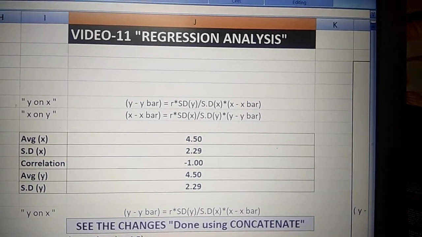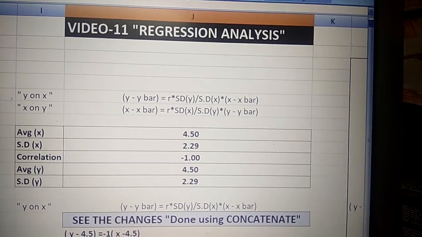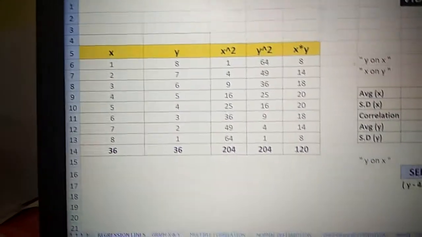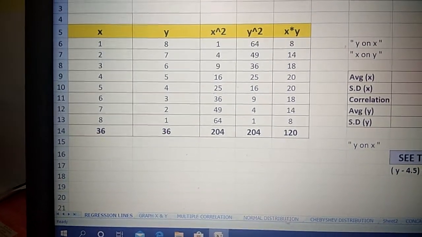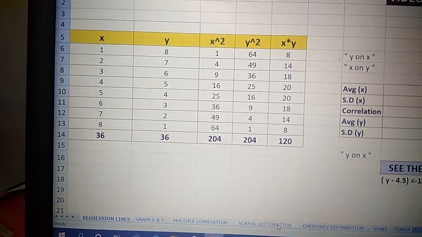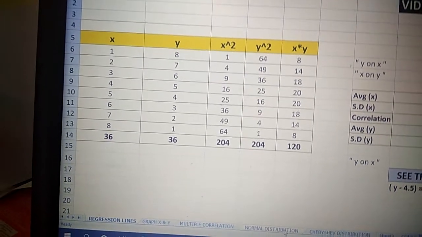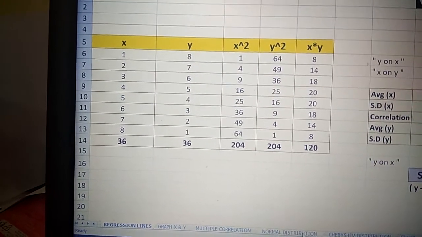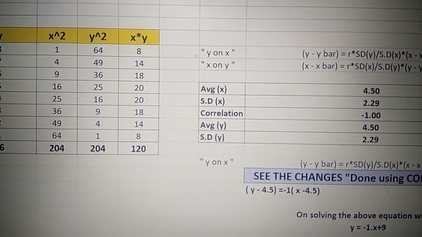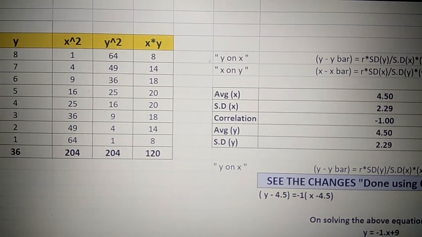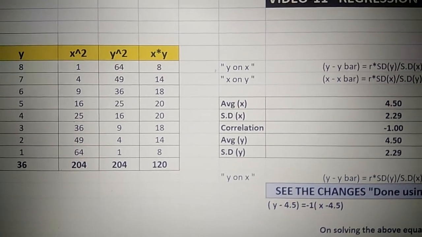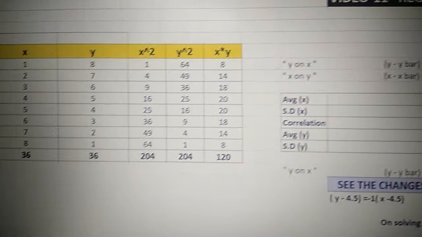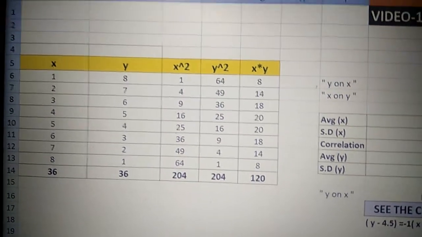So today we are engaging ourselves in regression analysis only. So here we are starting. This is x and y given, and we need to find y on x. Y on x means finding y when x is given, and that will be derived either using a manual formula or an inbuilt function. But the inbuilt function is not visible, so we have to make use of certain tricks. So here I'm starting.